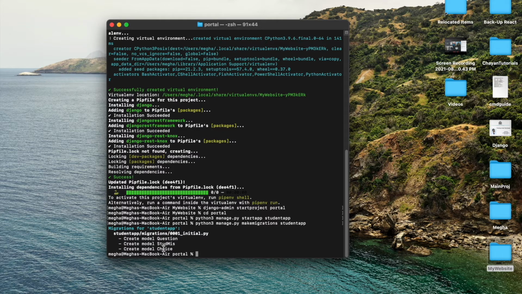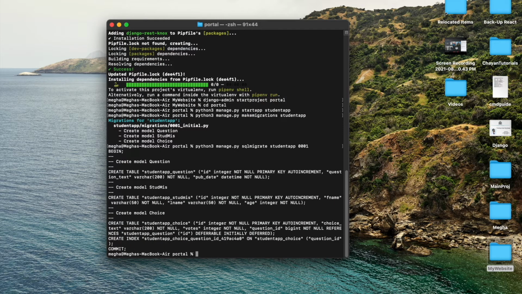question, student MIS, choice. Once that is done, again you type python3 manage.py sqlmigrate, then the name of your app, student app, 0001, because that is the one which has got created.